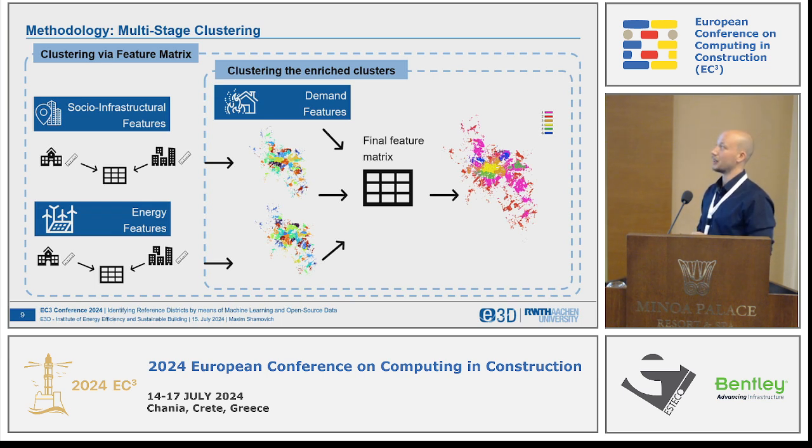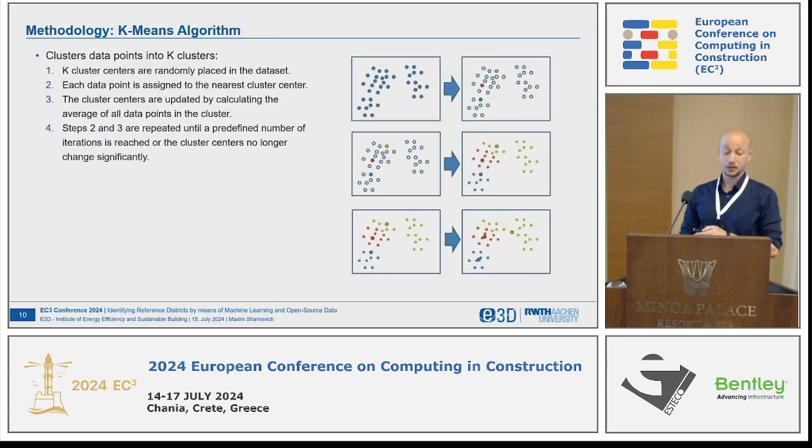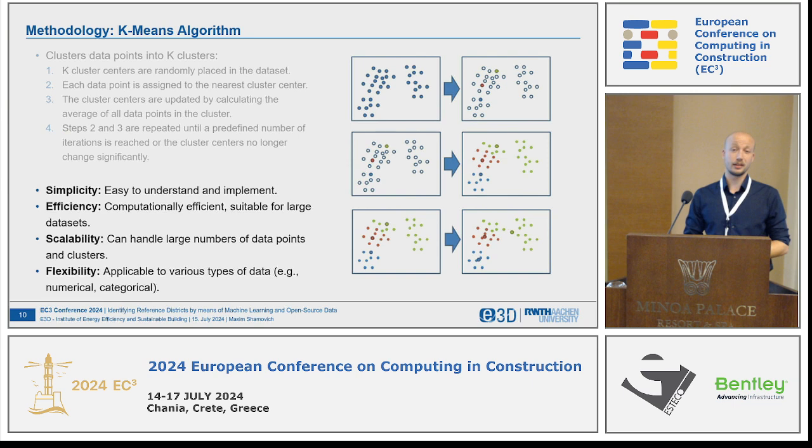And this study is applied to the city of Aachen, where my university is from. So the algorithm of choice is k-means. Basically, each data point, in our case, in the first step, is a building, and in the second step, a cluster, can be assigned to a specific cluster by distance. So it's a distance-based algorithm compared to DBSCAN, for example, which is density-based. And we chose it because of its simplicity. So there are basically two parameters that need to be hyperparameterized, and one of them is k, so the number of clusters we're actually looking for.